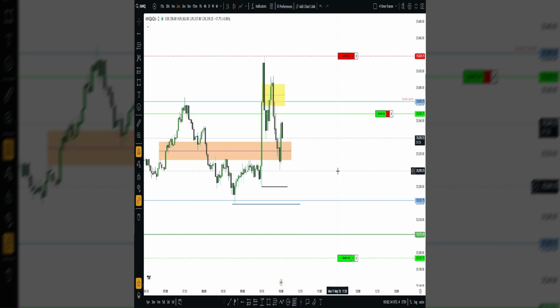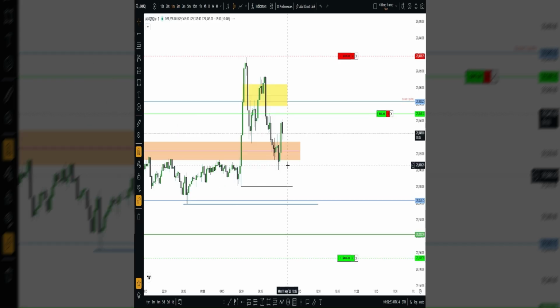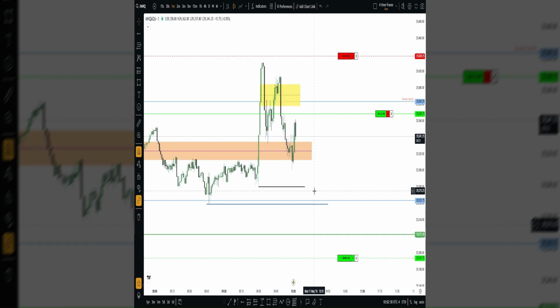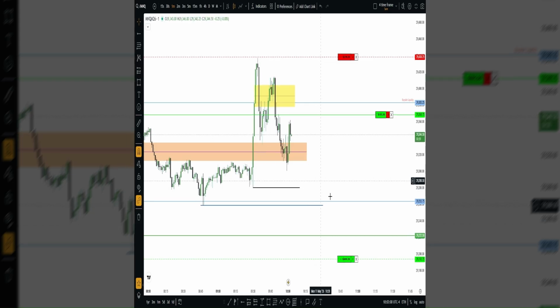This is a 2 minute. I was expecting this fair value gap to be used as an inversion fair value gap. I don't know, some monkey business about to go around here. We still have 10:10 approaching.